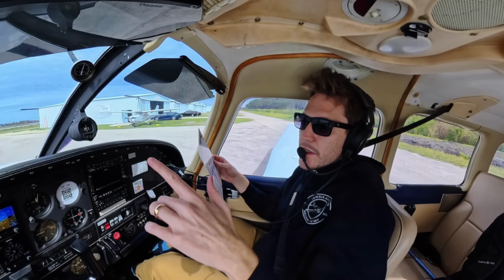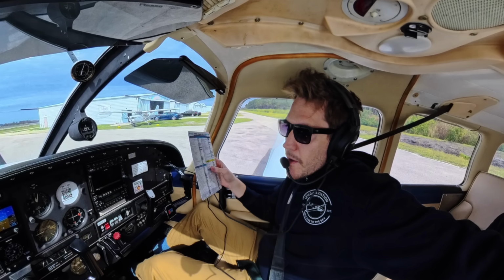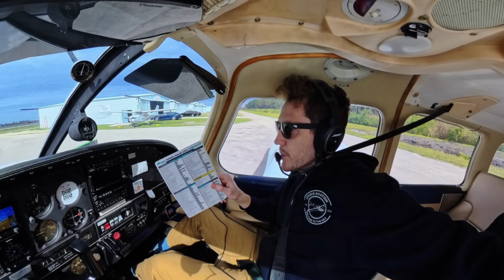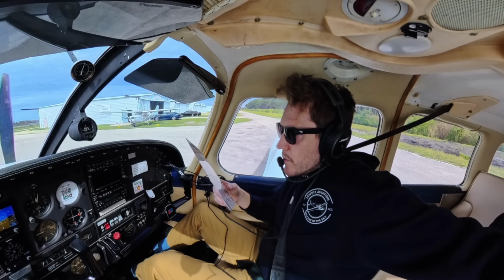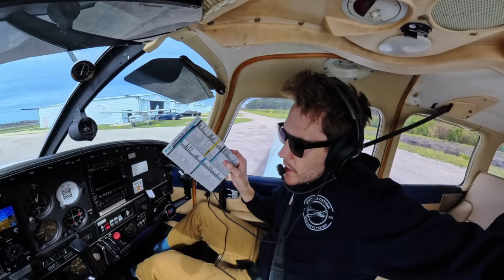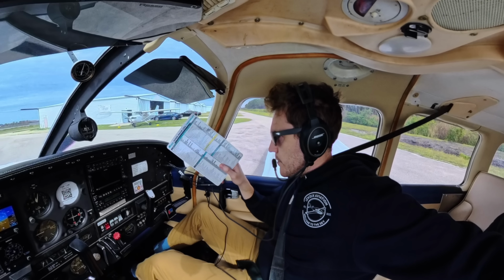So if anything happens on the takeoff roll, we're going to apply brakes, slow down. Obviously power will be back. It might be back for us, we might not have a choice, so we're going to use brakes as best we can to come to a stop on the runway. There is a grass area beyond the runway that we can roll into if needed, but if we're airborne, we're going to look below 500 feet, we're going to look straight ahead, left or right, 30 degrees, try and find a place to go. The good thing about here is there's plenty of fields at the end of this runway